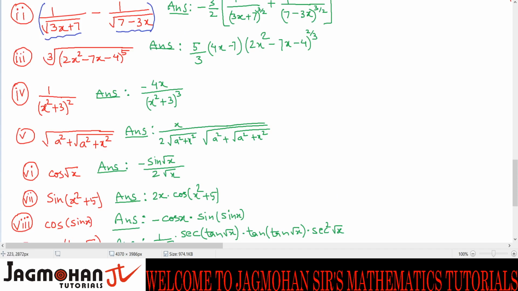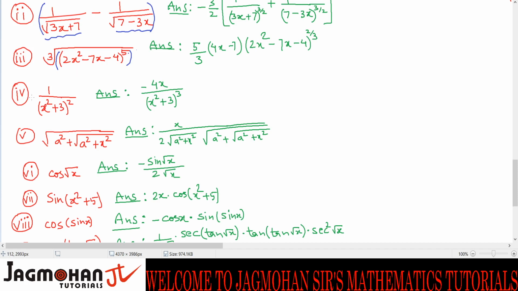Third is cube root of this thing. What you will write is, this is cube root, so you will write the whole raised to 1 by 3. So you have power as 5, and then you will have power of power. The power of this whole thing is 1 by 3, so 1 by 3 and 5 will multiply, so this will become 5 by 3, and then you will go for f of x raised to n. The function is variable raised to constant, f of x raised to n.